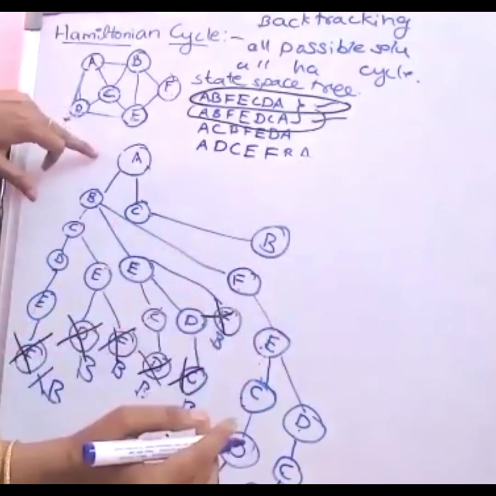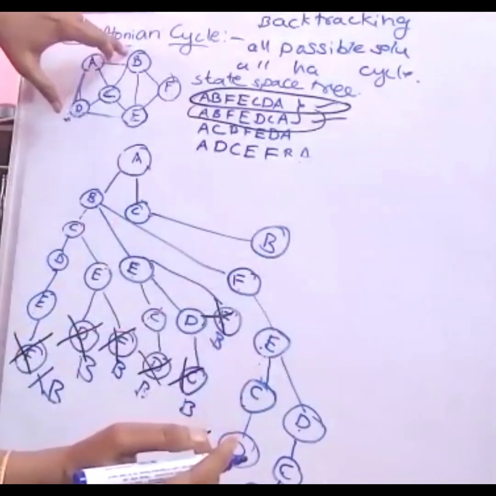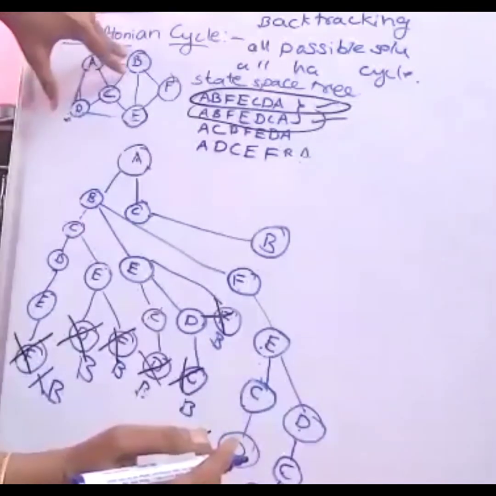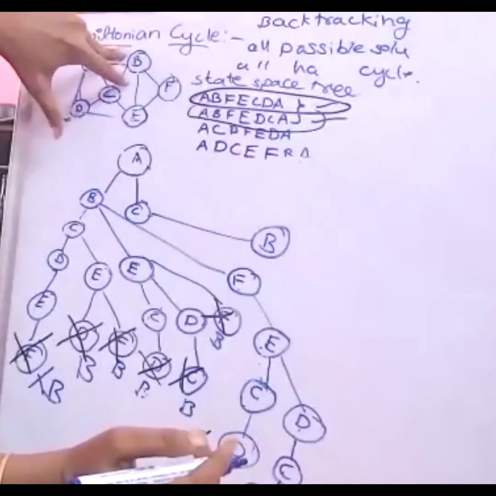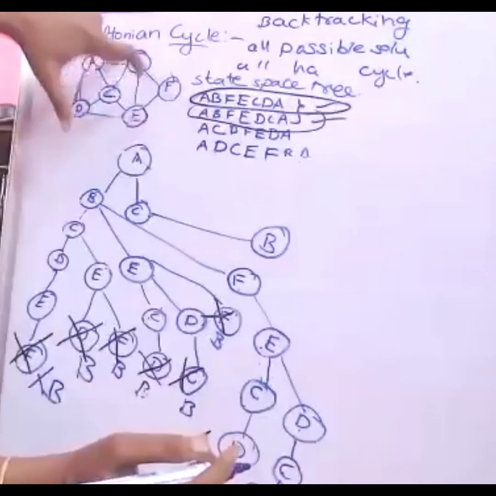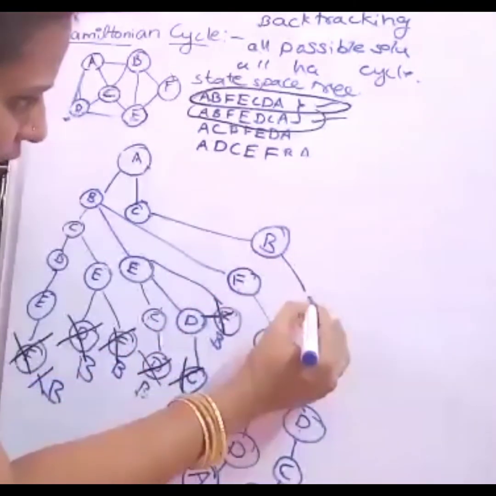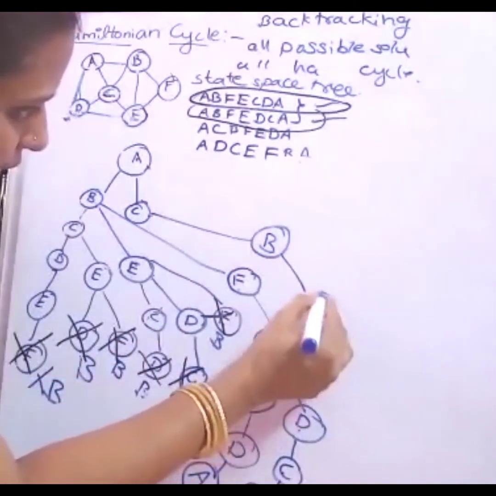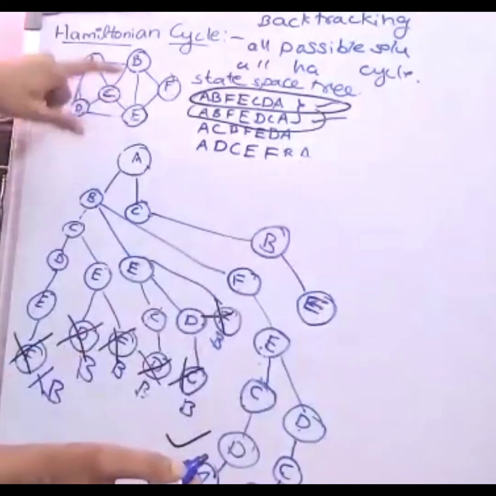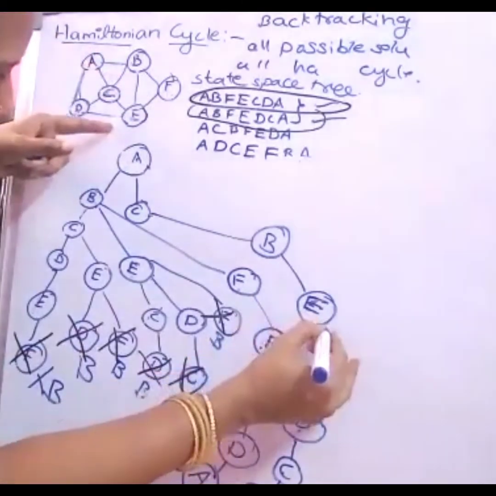So what are the visited vertices till now? A, C, B. From B, it is connected to A, already visited. It is connected to C, already visited. B is connected to E and also B is connected to F. So first I will try in sequence B with E. From E, it is connected to C, D, and F. If I try with this F,